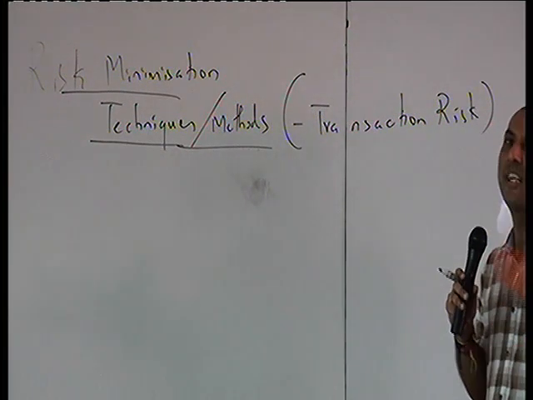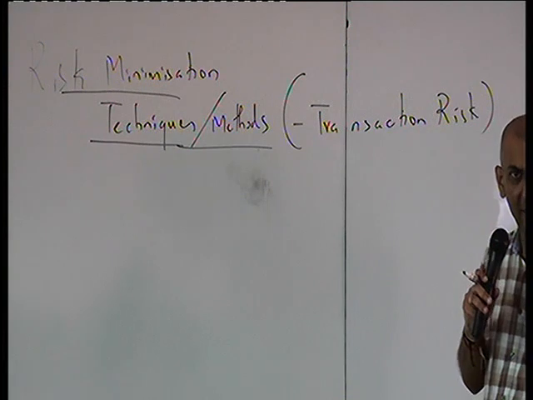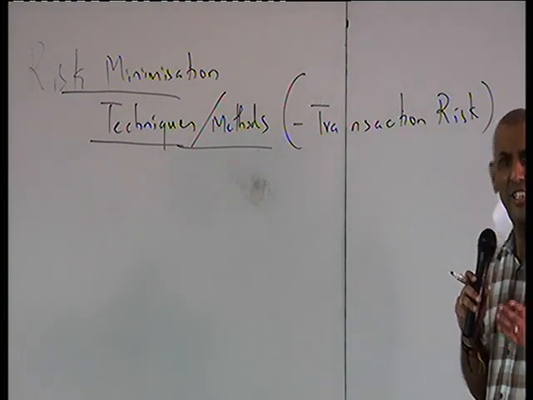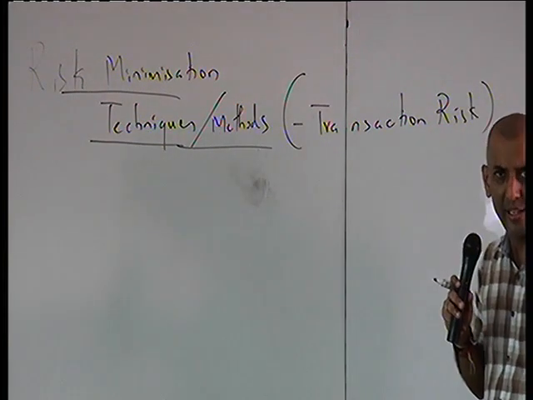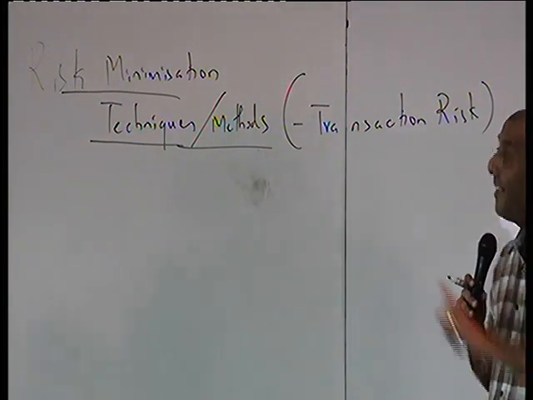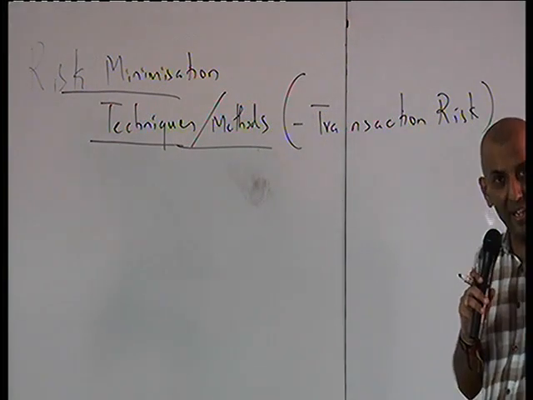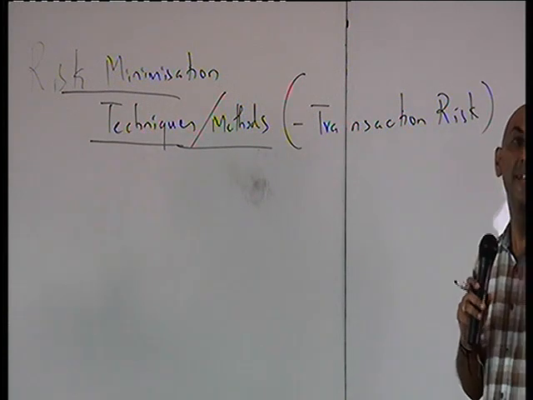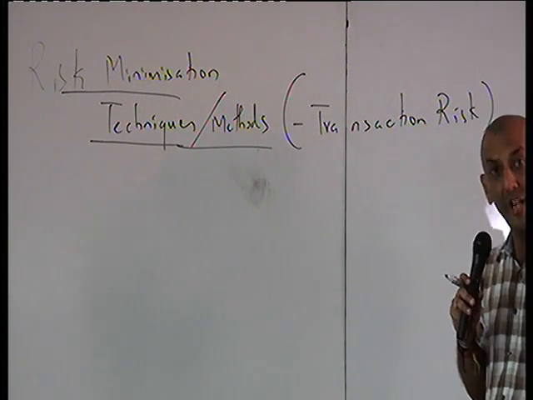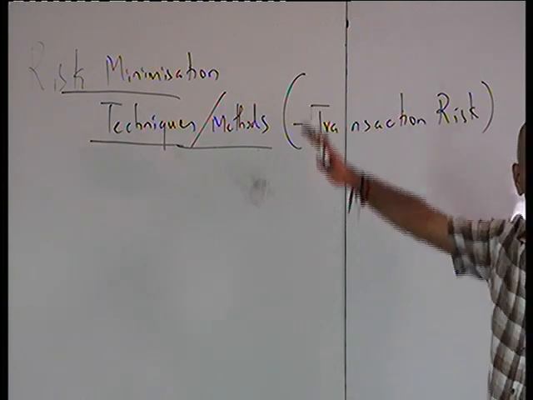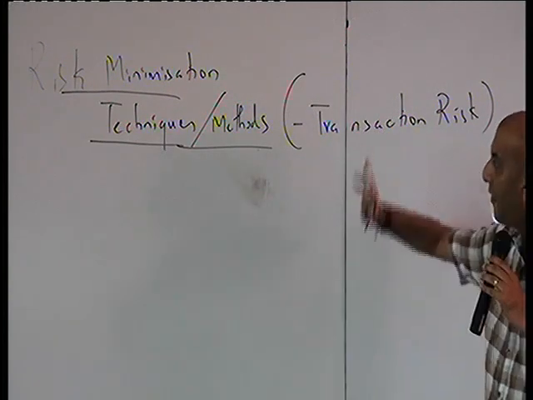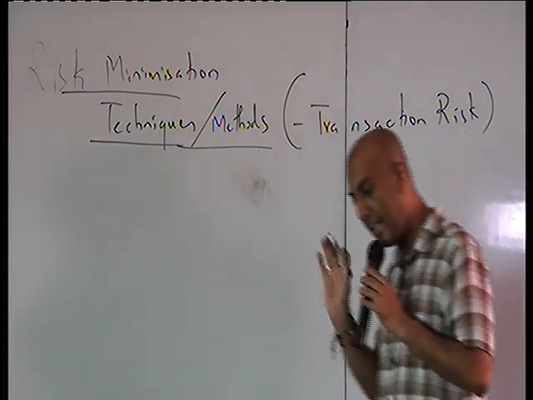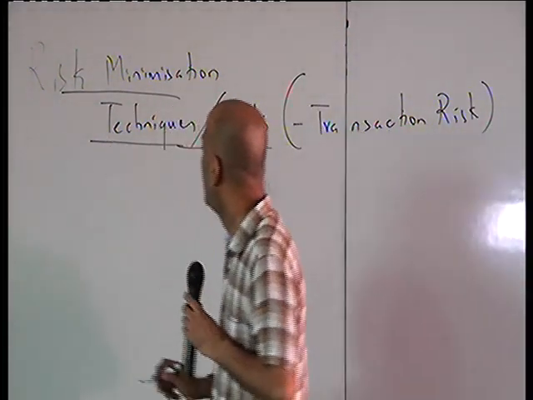Translation risk is accounting risk. Why? From the transaction date till your reporting date, exchange rate variation, which is only accounting. You are not losing money, you book it, that's all. Transaction risk is from the transaction date till your settlement date, your exchange rate movement. That is the serious thing we have to address. So please note, our entire discussion next 2 classes will be evolving on these techniques. So make sure that you are clearly understanding it. So take an example.